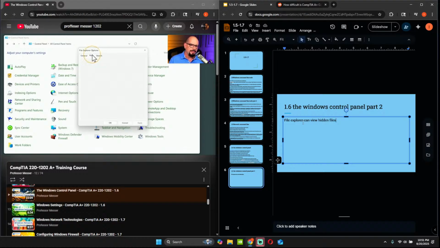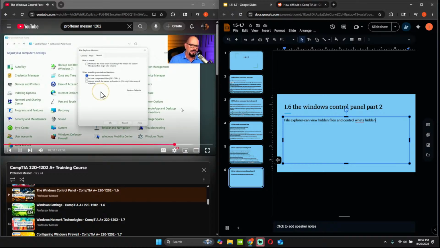Under the View tab, you have the option to customize what is displayed or what is hidden inside of the File Explorer. And lastly, under the Search tab, you can make changes to what information will be searched in File Explorer. You can choose whether to include system directories, whether you would like to look into compressed files, such as zip files, to find information within those compressed files, and you can specify whether you're going to look at just the file names or whether you're going to look into the